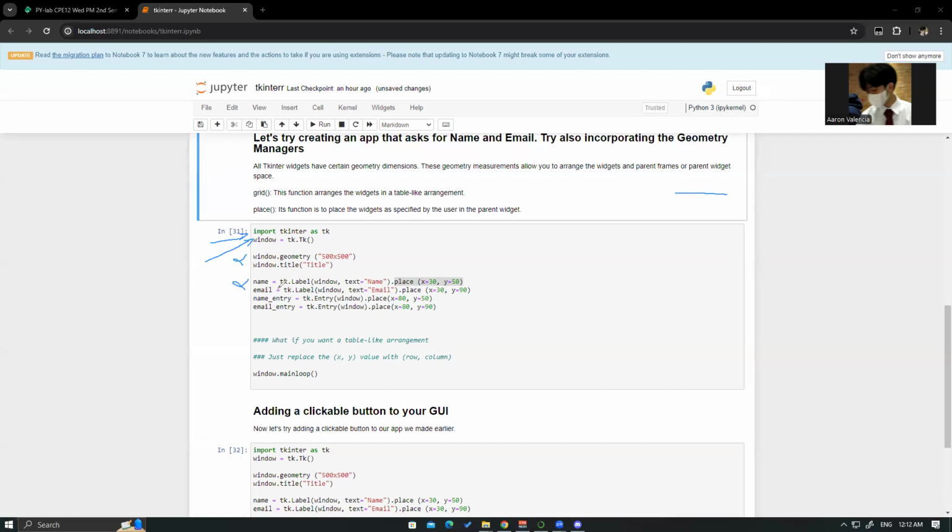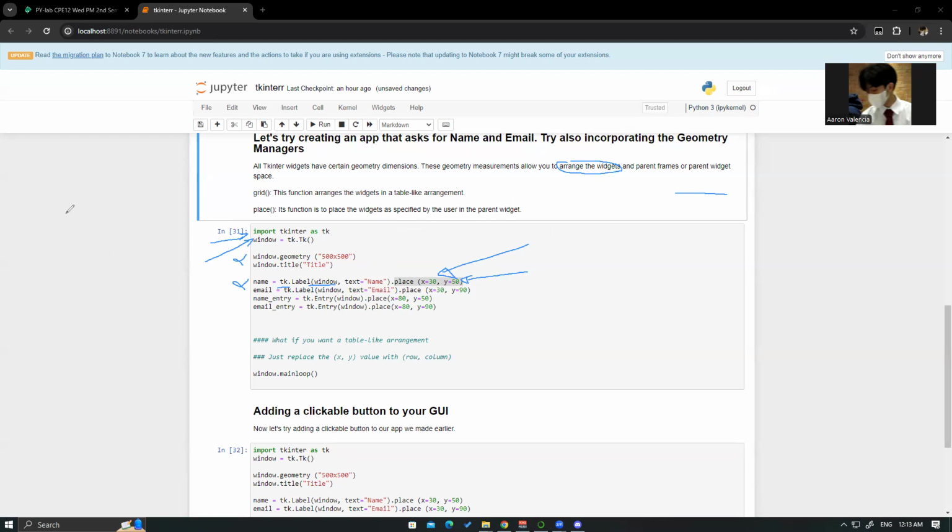So tk.Label, window, comma, text equals name, and dot place. So why did we add this method, dot place? We added dot place so we can arrange the widgets in the application.